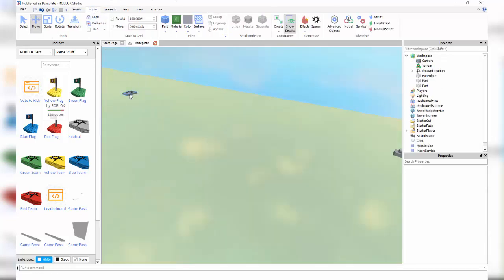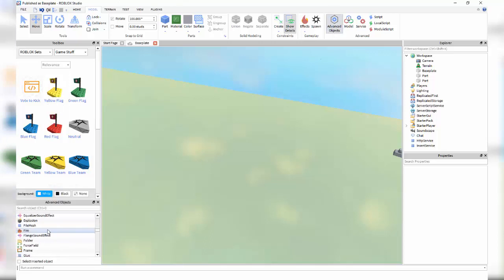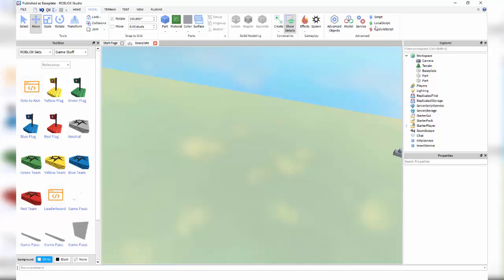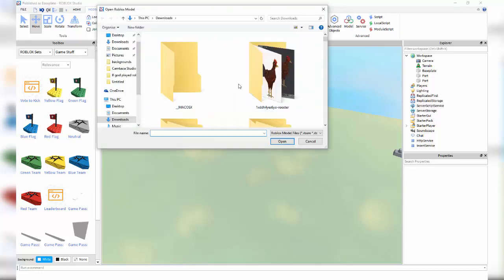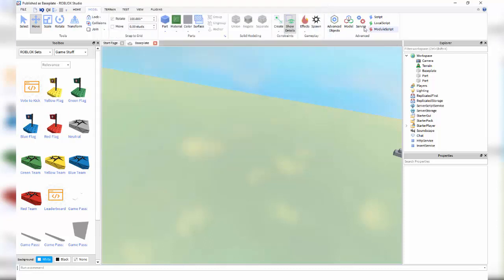Go back there, I can delete that now, I don't really need it. And then we've got advanced objects, which just shows you all of the objects you can use in Studio. And then we've got models, so these are things that you might have stored on your computer that you can use in-game. And then we've got services, so you don't need to worry about these much right now unless you're